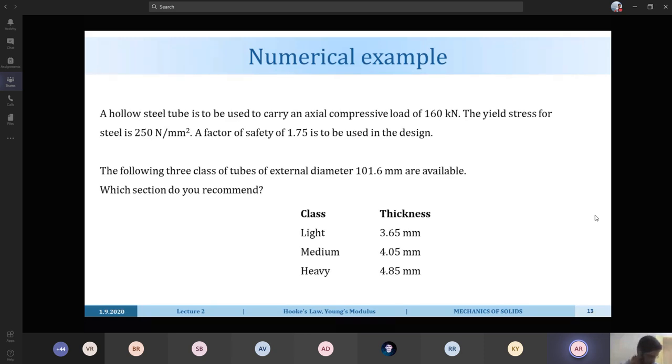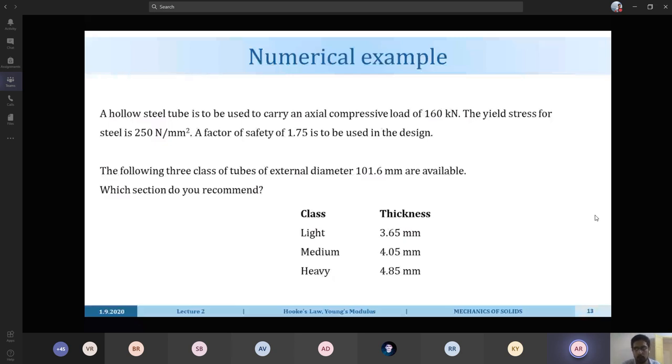So the internal radius is 47.16. How did you get that? I divided the area by pi, so I get the difference of external radius minus internal radius. No, you are considering a hollow steel tube here, with outside diameter capital D and internal diameter small d. And how did you calculate the cross-sectional area? Cross-sectional area is pi times external diameter square minus internal diameter square.